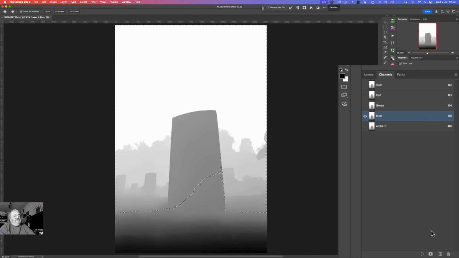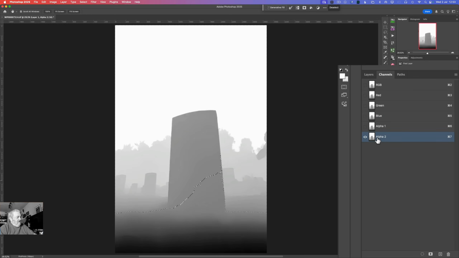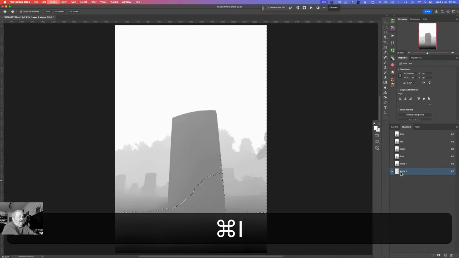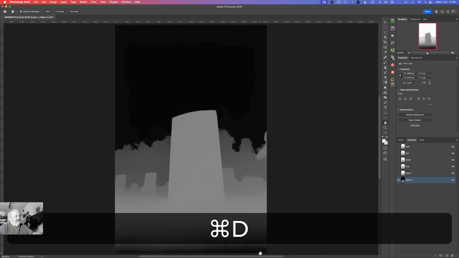And what I'm also going to do is add a second alpha channel, and I am going to Command I to invert that alpha channel. So our sky is black, and we've got increasingly lighter greys as we come closer to the camera, apart from this bit at the bottom. Well, that doesn't really matter, and we'll go Command D to deselect,